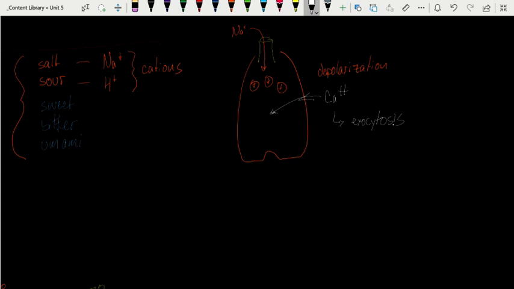Now, this is a little bit different because when we think about the vesicles being exocytosed, remember, these are not neurons, so they are not making common neurotransmitters. In fact, what's actually released is ATP, and ATP is being used as a neurotransmitter. So on my primary order neuron, if we were going to draw that,